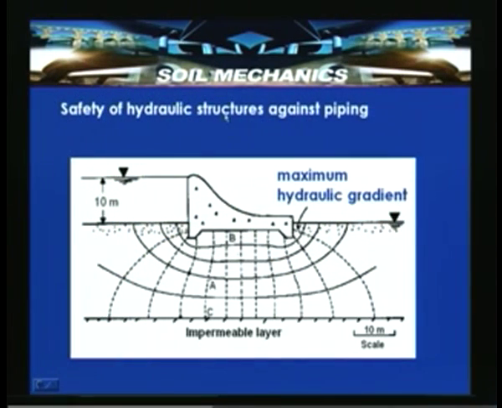So let us consider safety of the hydraulic structure against piping. For example, if this particular structure is constructed and there is no cut-off sheet pile wall here, this particular zone may be prone to failure. So one of the remedial measures suggested is to keep some overburden or a surcharge on the downstream side, so that this uplift thrust can be minimized. It can be shown here in a conventional way.